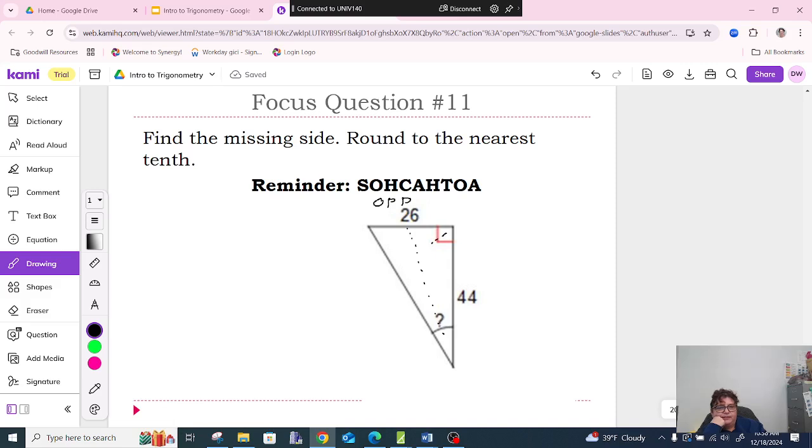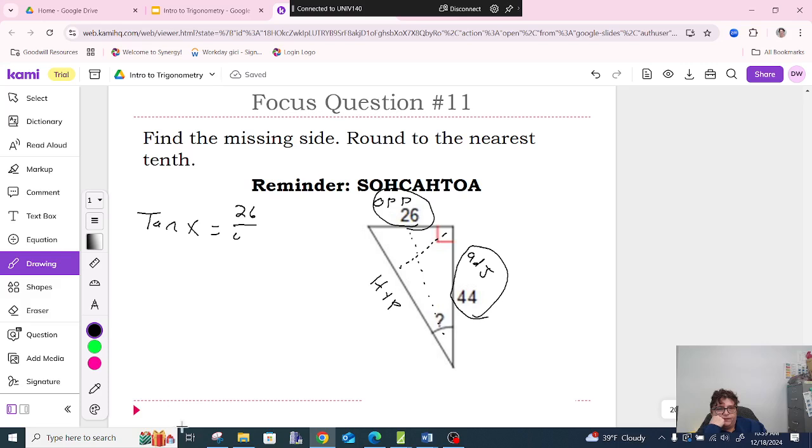Where's the hypotenuse? And then I label adjacent. I have adjacent, I have opposite. So which one am I using? Tangent. So tangent of x has to equal